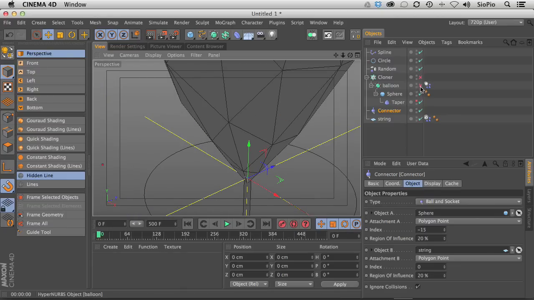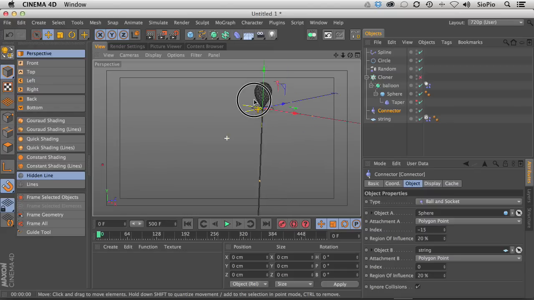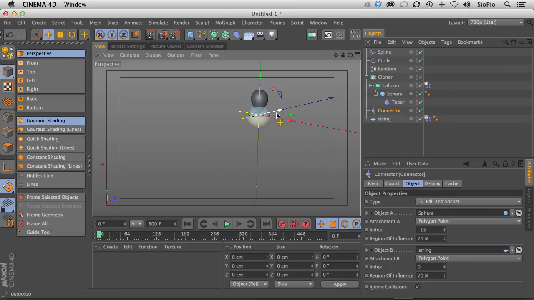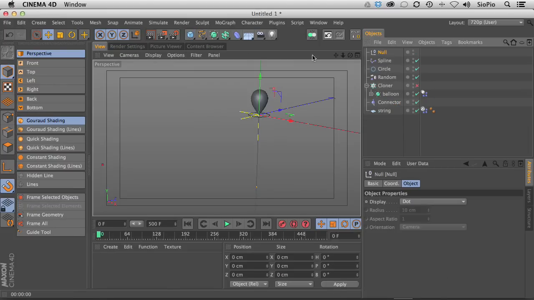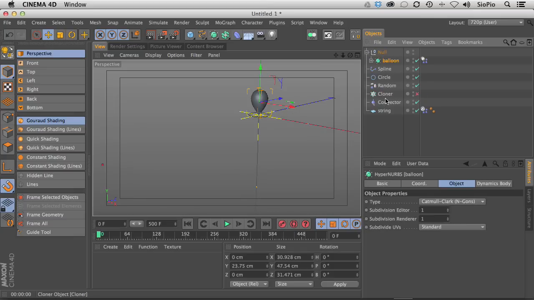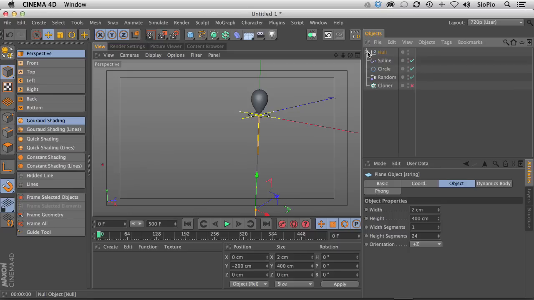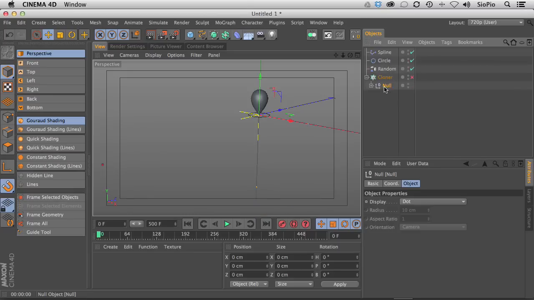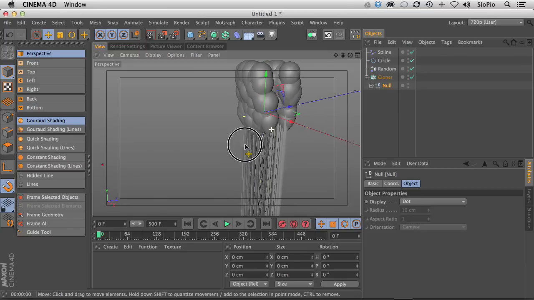Okay, so let's turn our hypernurbs back on. Let's zoom back out. So now what we've done is we've created a ball and socket connection between the balloon and the string at the 0, 0 point. So if we create a null object, we put the balloon, the connector, and the string all in that null object, and then put that null object in the cloner, turn our cloner on, we should get all of our objects